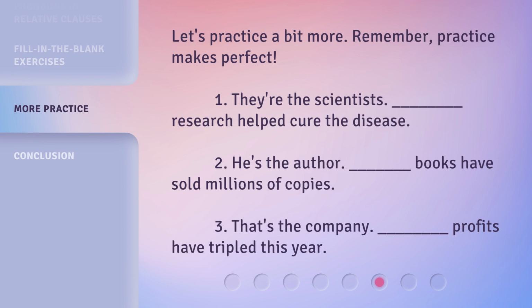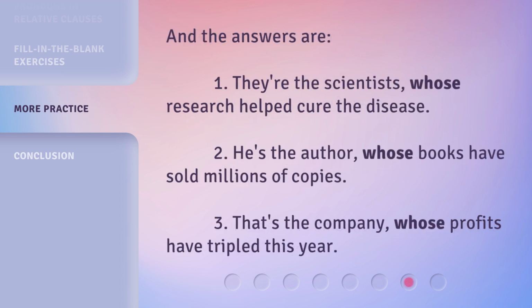Remember, practice makes perfect. 1. They're the scientists. Blank. Research helped cure the disease. 2. He's the author. Blank. Books have sold millions of copies. 3. That's the company. Blank. Profits have tripled this year. And the answers are...